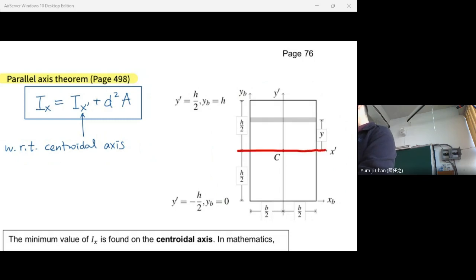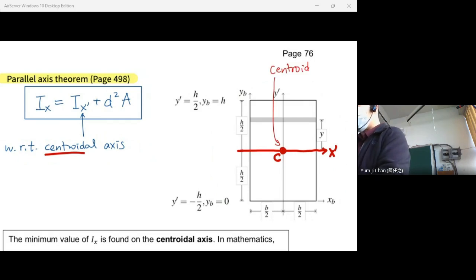What does it mean by centroidal axis? It means it goes through C, it goes through the centroid. Okay? So for Ix, for any axis x, it is equal to Ix prime plus d squared times A, and Ix prime is with respect to the centroidal axis. And for the value d,